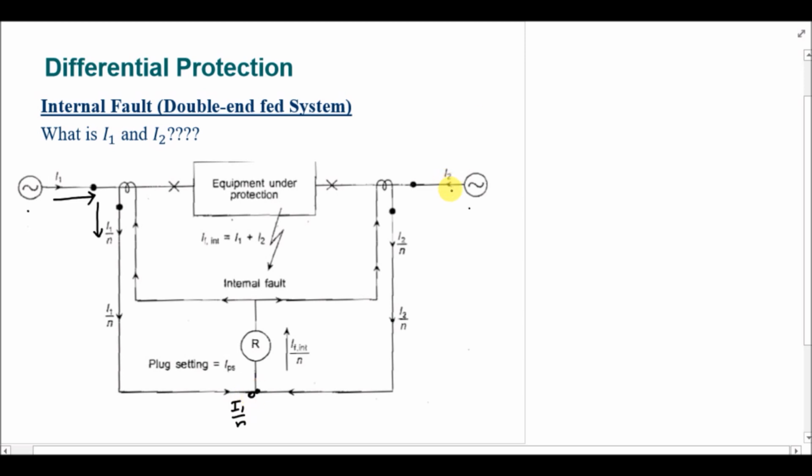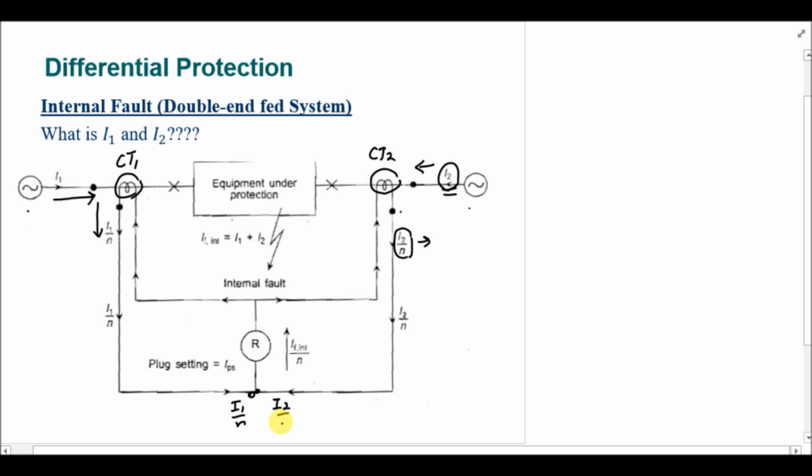Similarly, the I2 current is actually flowing into the dot related to CT2, this is your CT2, this is CT1. So the current that should be leaving the dot is I2 by N, because we have to divide this I2 by the turn ratio of CT. So I2 by N should be